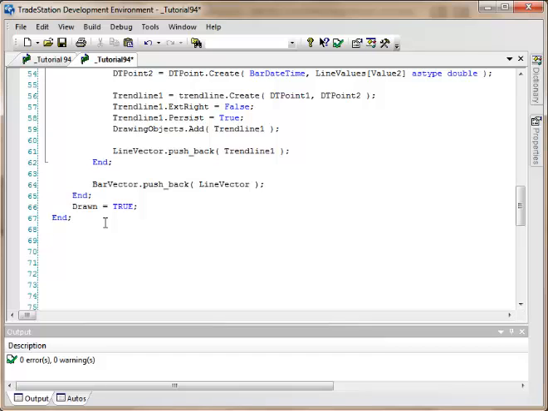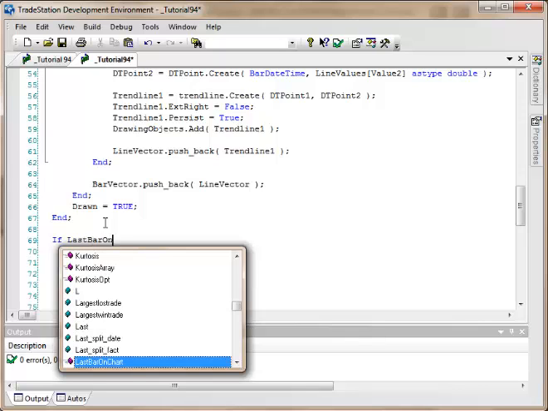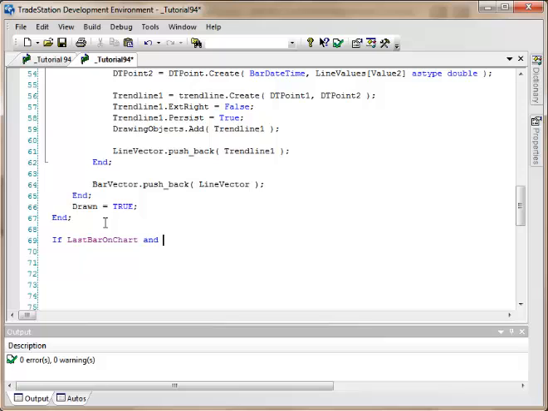So we're going to say if last bar on chart, and we want to do this on the first tick of the new bar. So we're going to go bar stat last tick